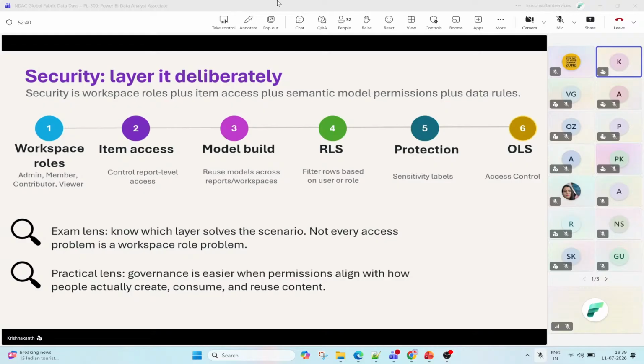Through item access, you can share with a group of people. You can create an Azure directory group email where all the organization people can be added, and the existing semantic models can also be reused for building another dashboard or report. And also you can configure the row level security.